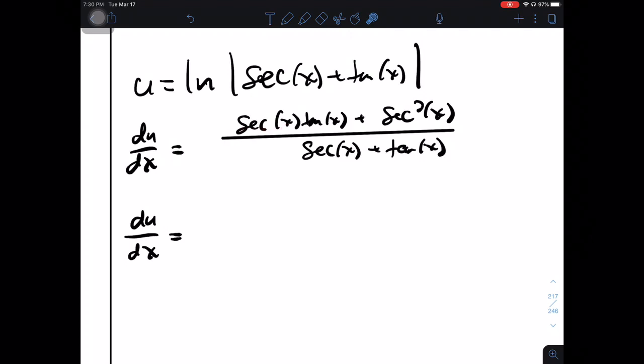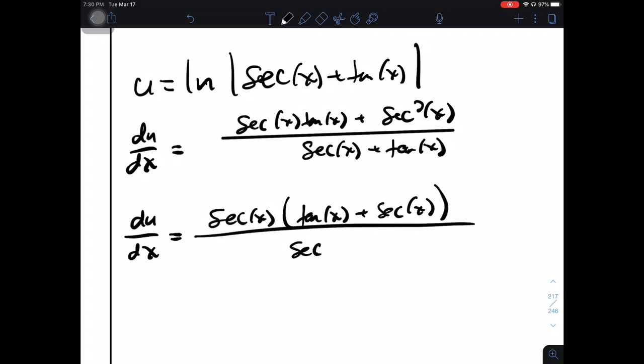Both of these terms have a secant of x. If we factor that out to the front here, yes, I like my laser, we're left with tangent of x plus secant of x. And the denominator is secant of x plus tangent of x. Since we are multiplying on the top, this is all the entire denominator. We can cancel these out. So this actually,